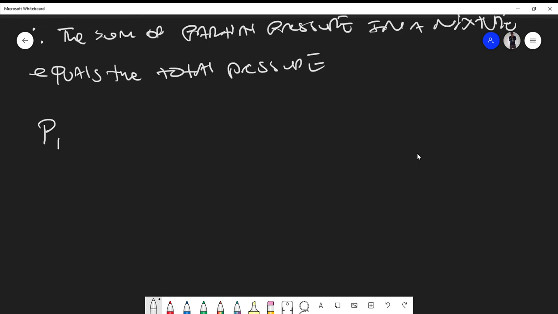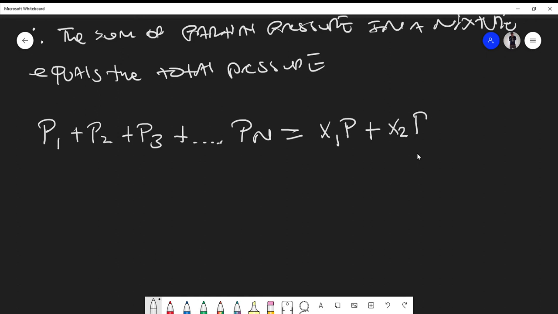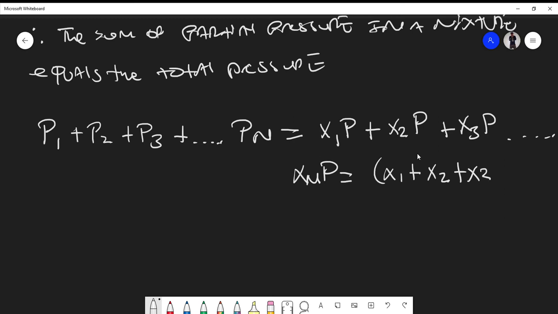Well, we know that P1 plus P2 plus P3 all the way up to Pn is equal to X1 times P plus X2 times P, where X is our mole fraction, plus X3 times P, and this goes all the way up to Xn times P, which is equal to X1 plus X2 plus X3 all the way up to Xn